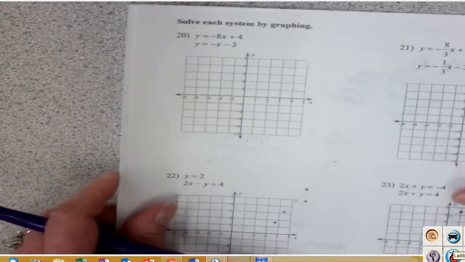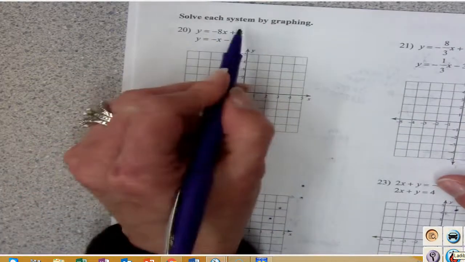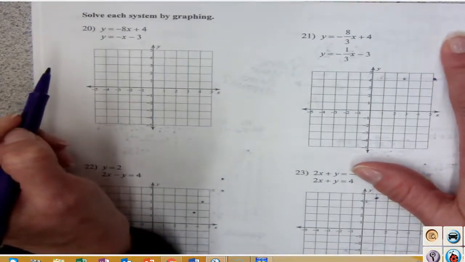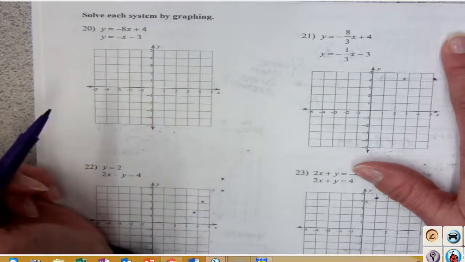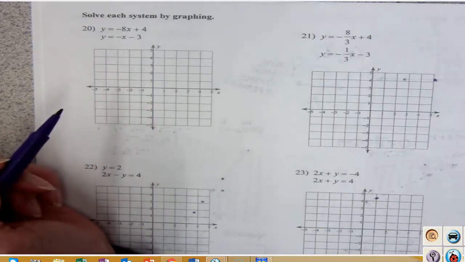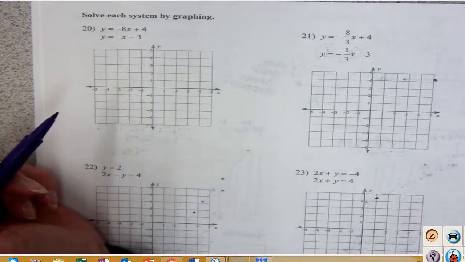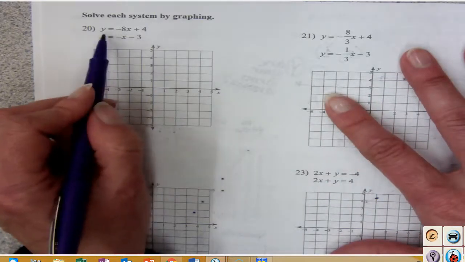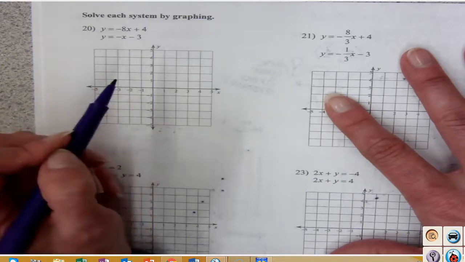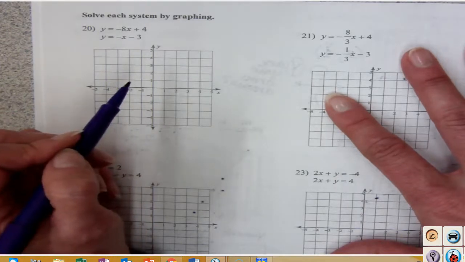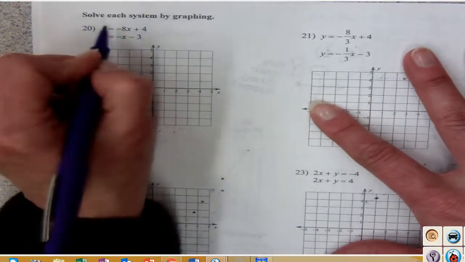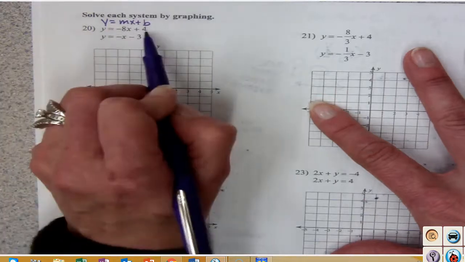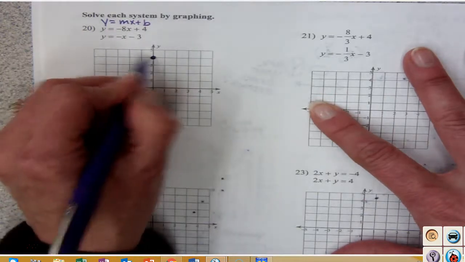Number 20, now we're going to solve the equations by graphing. So all I'm going to do is take both of these, graph them, and find where they intersect. Where they intersect is where there is a solution for both of those lines. We're trying to find out which x and y value would fit into both of those equations, and that is the point of intersection. So if this is my y equals mx plus b, my y-intercept is positive 4,